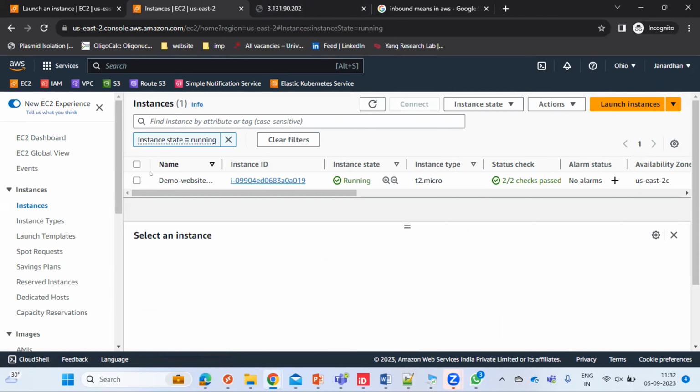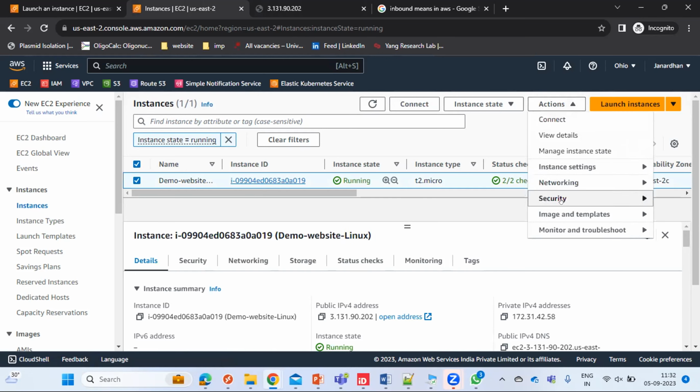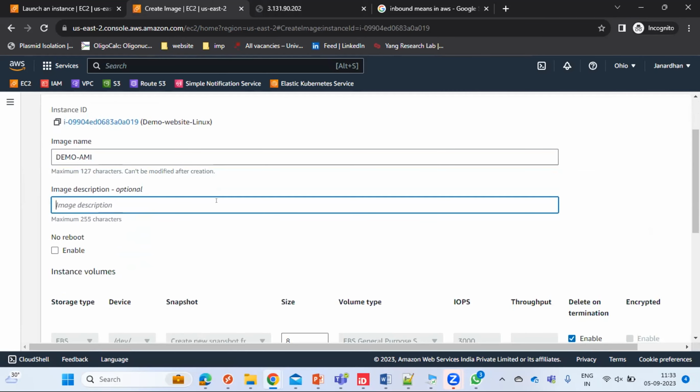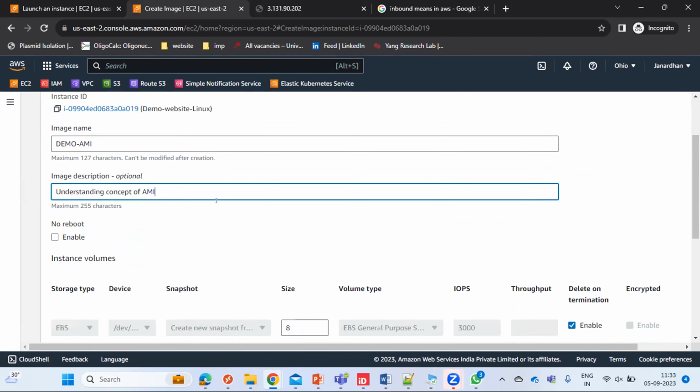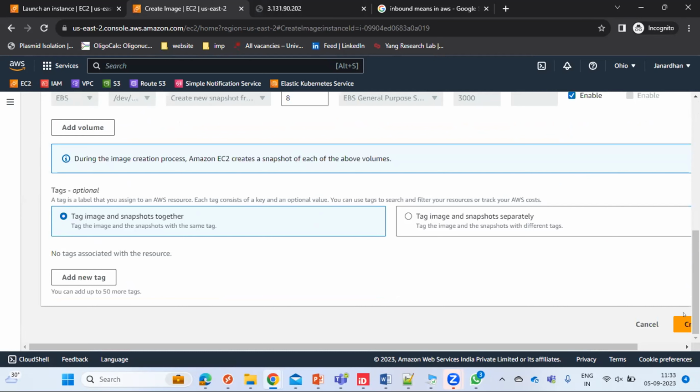So for this, what we need to do, we need to click this, go to Actions, go to Image and templates, and then create an image. I am writing it here, demo AMI, understanding concept of AMI. Again, I am saying, please give a description to your image and tags to your image, so that